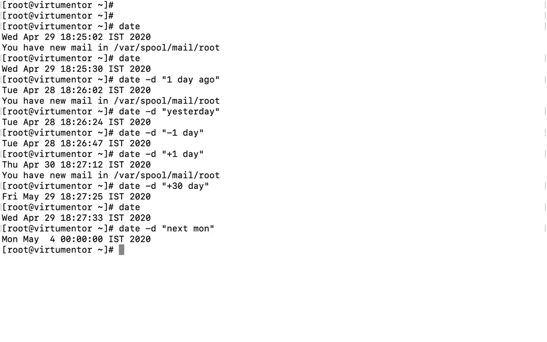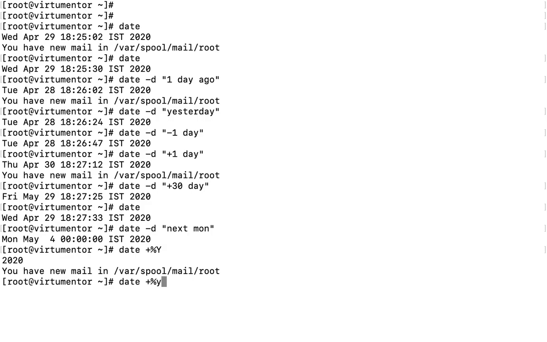To print the year only, we use date +%Y. This will print only the year of the current system, 2020. If you want to print only the last two digits, then we use the small y, that is 20.